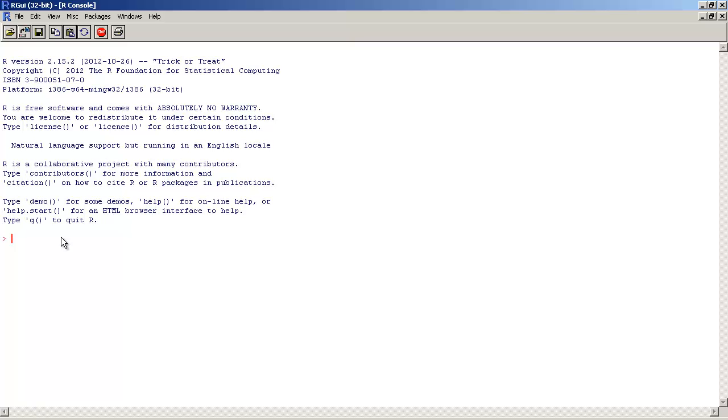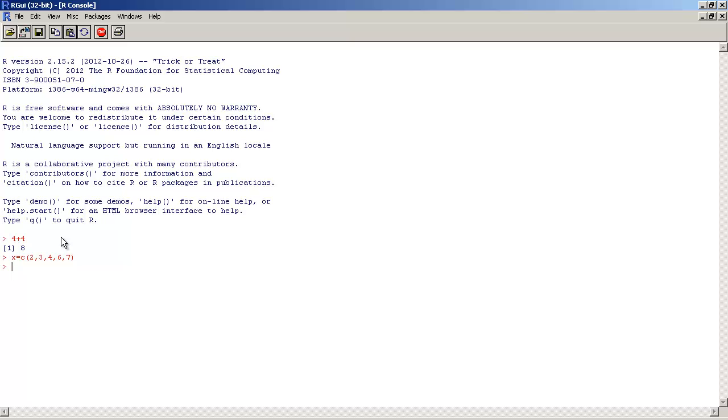When R is just installed as a standalone by itself, it looks something like this. It's a command line interface, so in order to get R to do things, we need to type in commands. At the most simple level, we could tell R to work like a calculator. We can just type numbers in like we would on a calculator, and it will do things for us. The next step would be we might decide to have a vector called x which has some numbers in it,